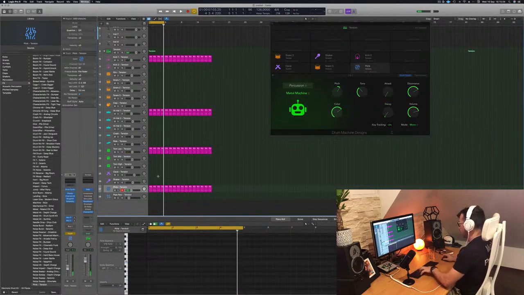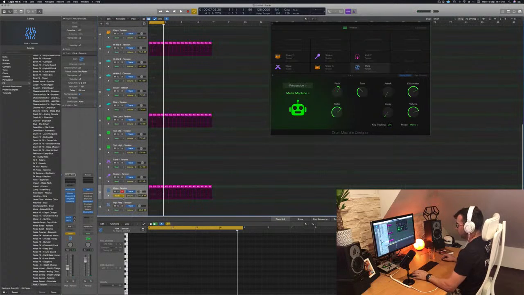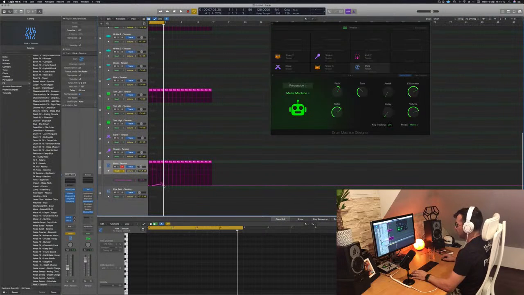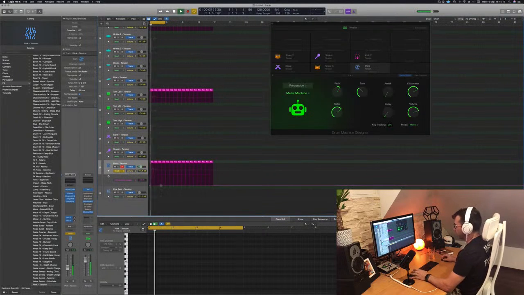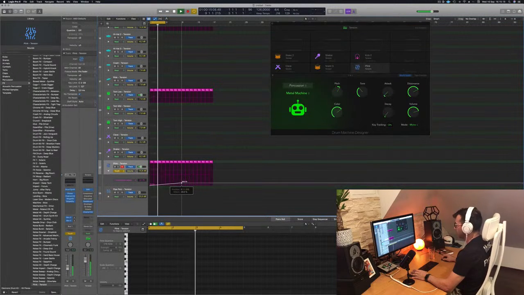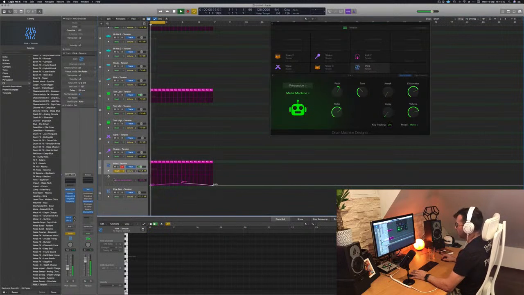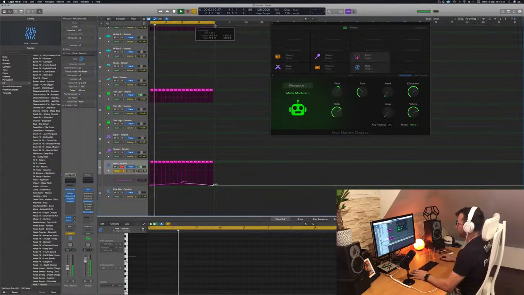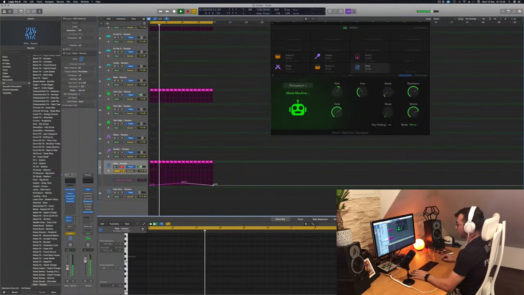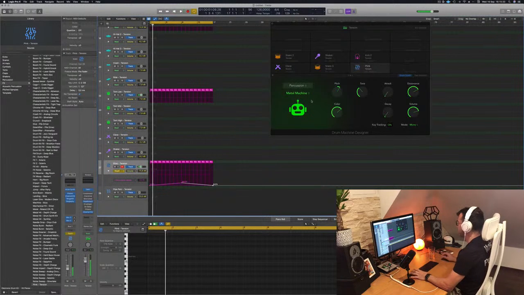I'm gonna turn off the musical typing. Show the automations, should come down here. So we have the drum synth attack. This is a good one. I'm gonna bring this up here, open it up, put it to read. And actually, I'm gonna put it back to touch because I'm gonna record another parameter,